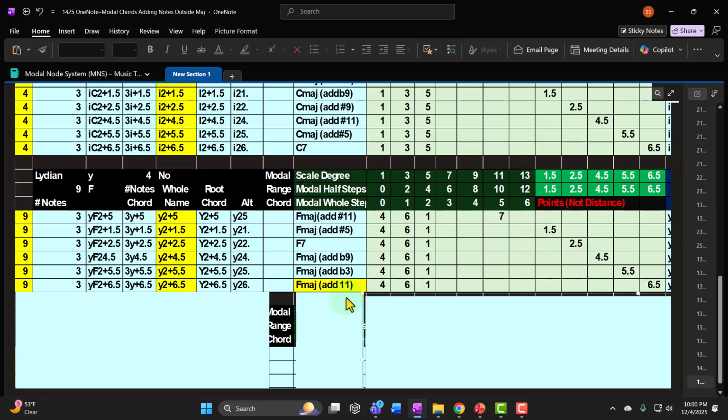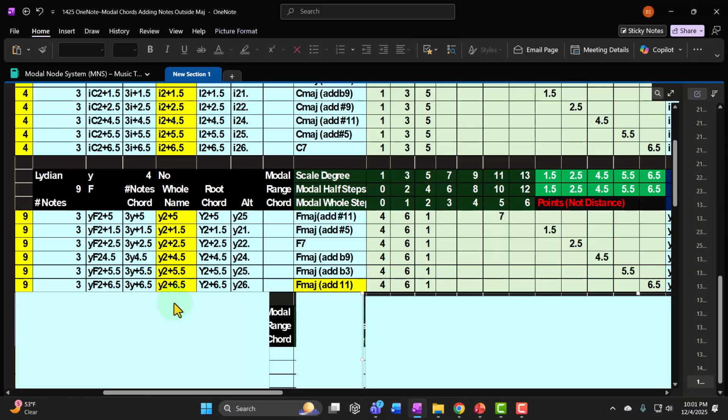So again, the problem with that is it looks like a mundane chord, even though when built off the Lydian node, it's not mundane. It's weird, right? So we'd like to indicate that and say, look, it's a Y2 plus a 6.5, meaning that nodal point that we're adding is weird compared to the Lydian node. I'm adding something that doesn't quite fit. I want to be able to express that, or maybe I'm using some kind of symmetry as I move from the Ionian, adding the 11 distance from the Ionian to the Lydian, and I want to keep the same distance. If I want to show the symmetry,